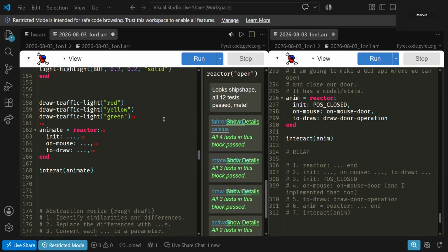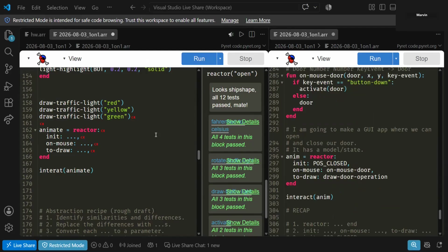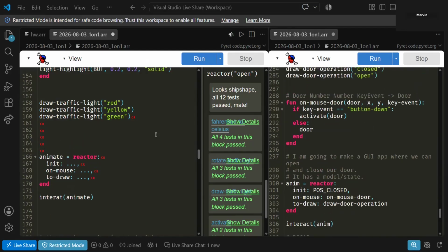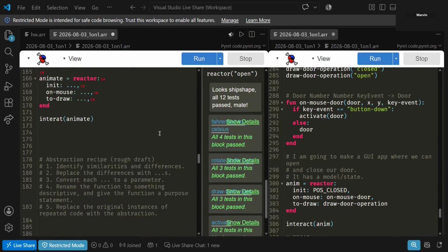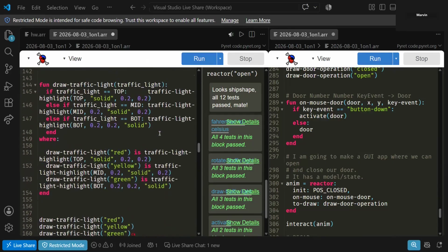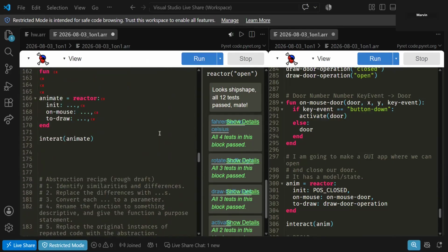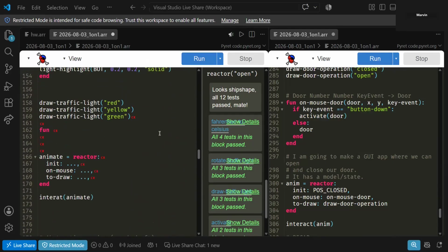Now for this part on mouse, when you came up with that phrase on mouse door, oh, I see. That's literally from, okay, because you made that function above. Okay, I see. Yeah, the name could be anything, but try to make it descriptive. Exactly. Cool. We'll call this